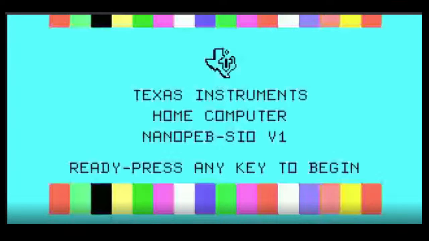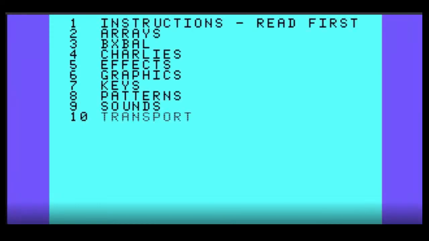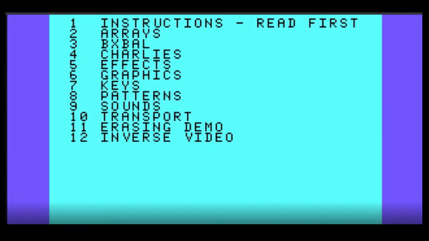Okay, it's our first glitch. I'd say that's not what that's supposed to do. Reload the load program off of disk 1. Let's see what Charlie's is.